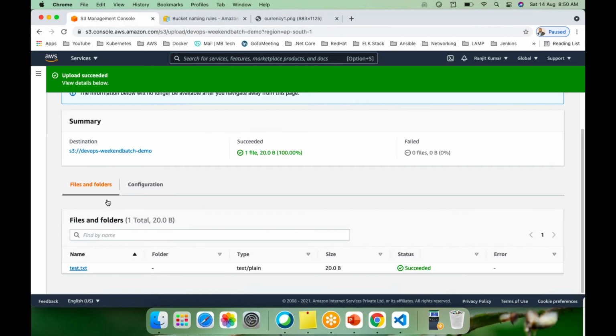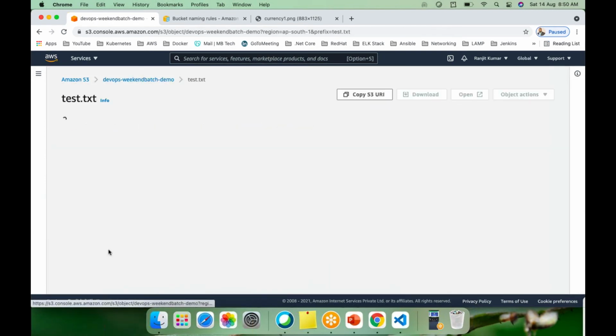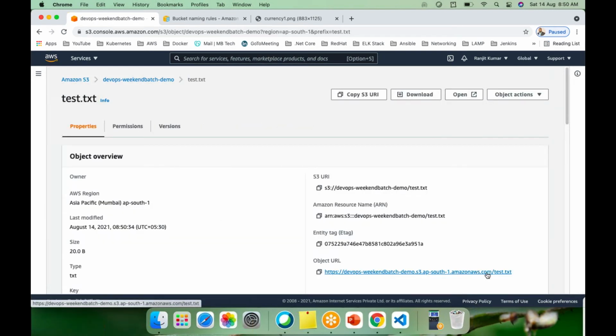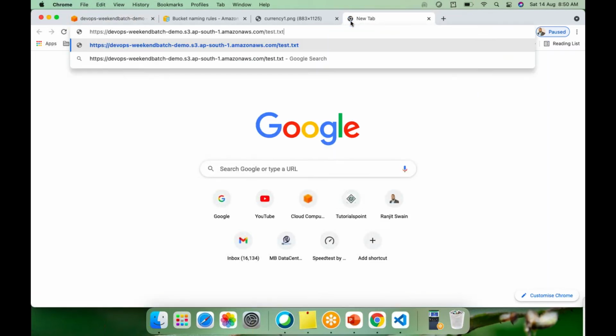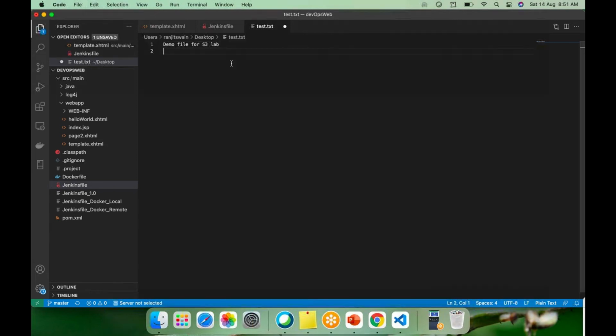So for the first object that I showed you, I uploaded the file and then showed you how to give public access to the object. But here I'm going to show you that while uploading you can also set the public permissions.